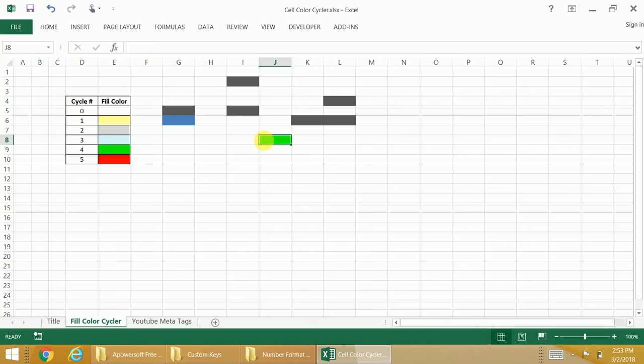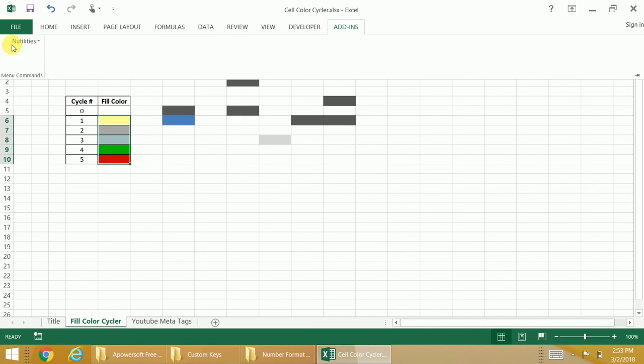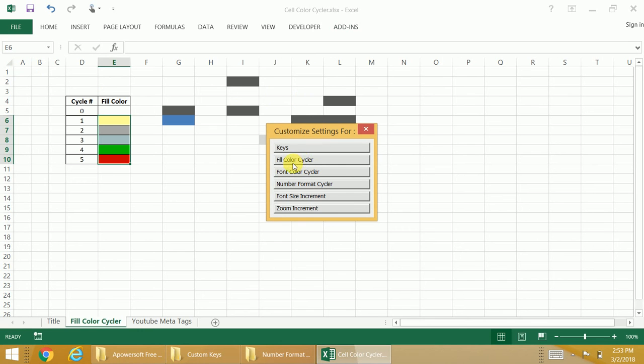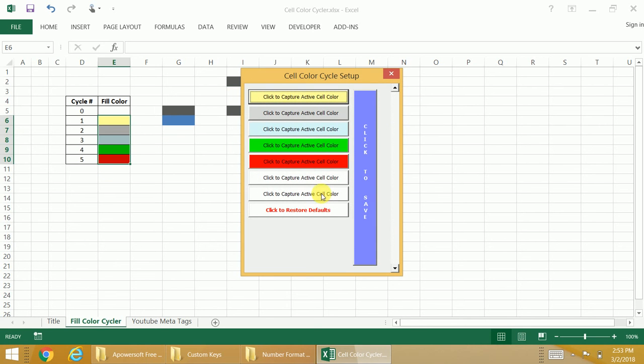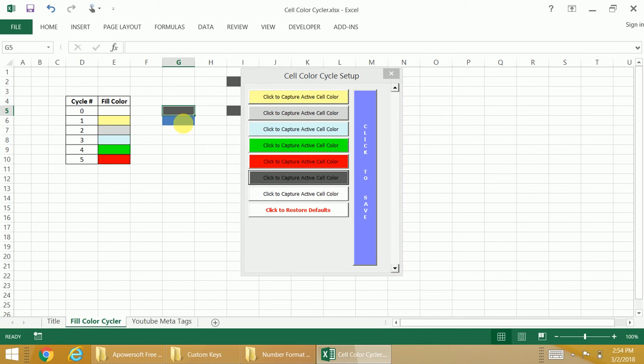And now, hitting Ctrl Shift Alt with my left hand and tapping delete, you can see we're back to the old setup. Let's say I like these 2 colors, but I want them added to this list of default colors. Since now we're back at default, I can come in here and quickly add them to the list. We're at 5 by default, so we want to add 2 more. Let's go with 7. You can see we ended up with 2 more spots. The first ones are already set up to match the defaults. So I want to go gray, then blue,